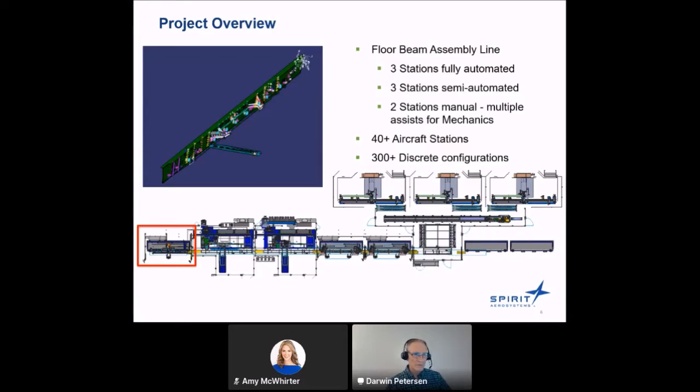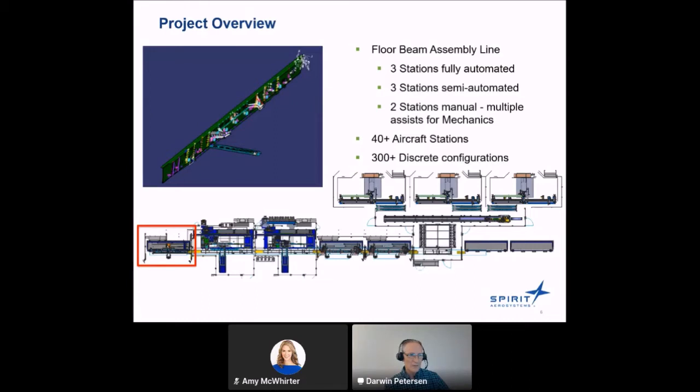Floor beams are the most variable part in the aircraft, or one of the most variable, and so there's a lot of configuration changes to support customer options. That meant that our tools and processes that we developed, we knew were going to be used a lot ongoing. So it couldn't just be a project and a team focused on getting this work content reprocessed to support the line. It needed to be maintainable for new content as it came over time.